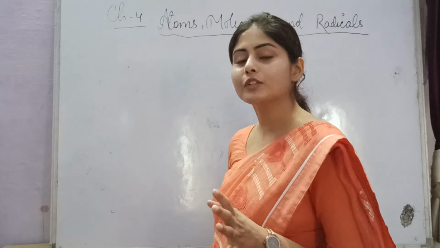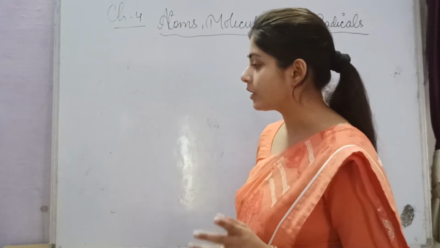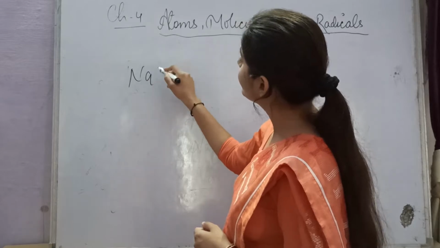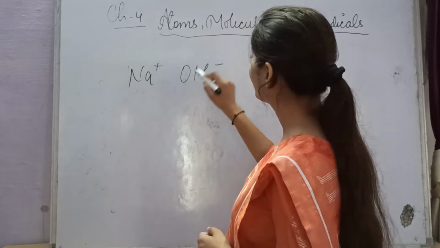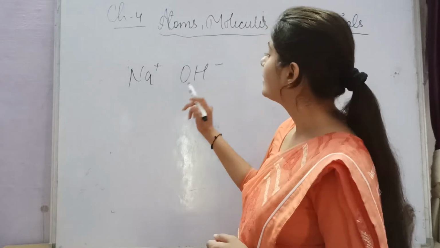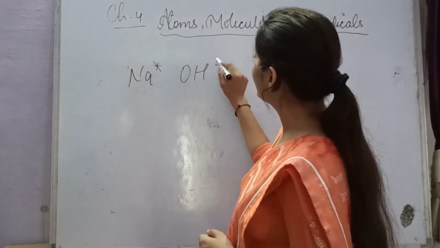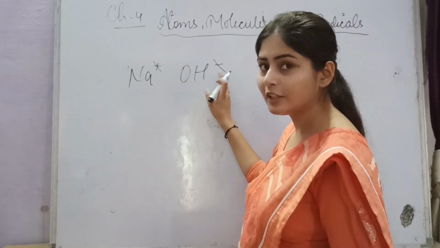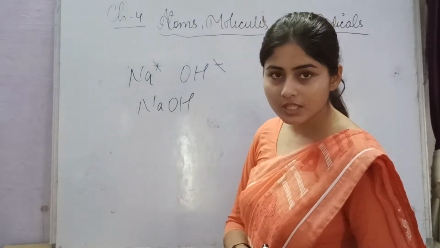So let's first see a few examples of a radical compound by cancelling their charges. For example, let's take sodium. Sodium has one positive charge, as you know. This time we will take the hydroxyl group, OH minus, right? You can see the positively charged radical is here. Now positive and negative charges can cancel each other. What you will get is NaOH, sodium hydroxide, right?